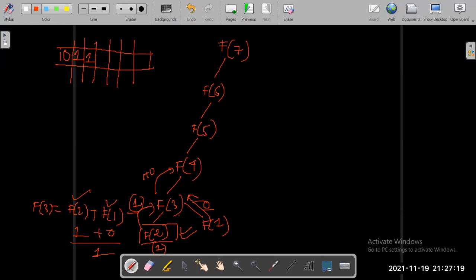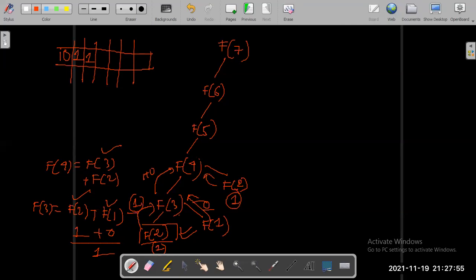Fine, right? Now what will happen? F of 4 has got a value from f of 3. What does it require else to calculate itself? F of 4 is equal to what? F of 3 plus f of 2. So which part is required? F of 3 has been calculated. Which part is required? F of 2, that is 1. F of 2 is fixed as 1, right? So this will be directly returned to the previous function call.